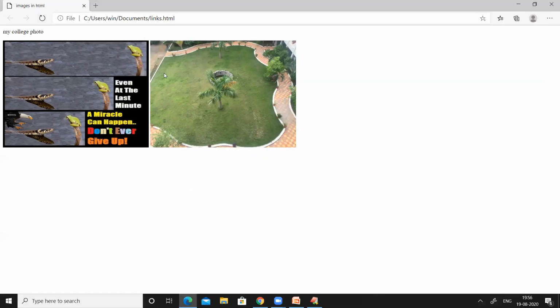It was inserted after the first image. Some space is occupied by the first image, and the remaining space is occupied by the next image. So if we insert one more image, that particular image will be inserted at this area with the given height and width. So this is how we can insert images into web pages.